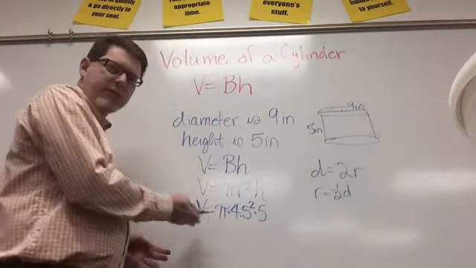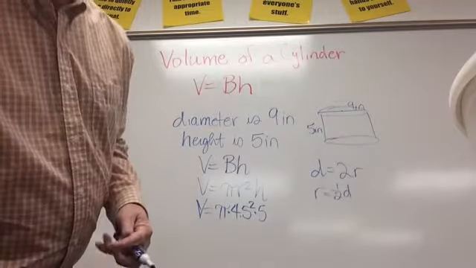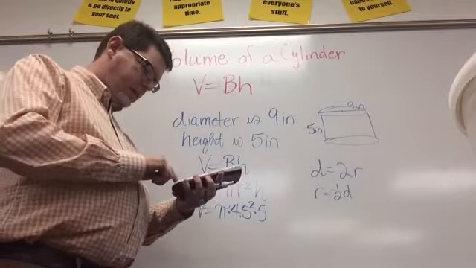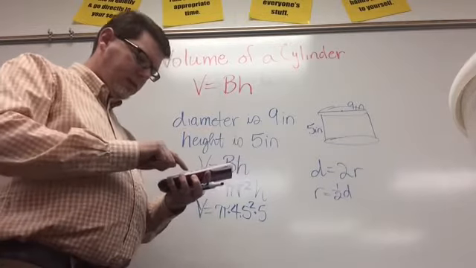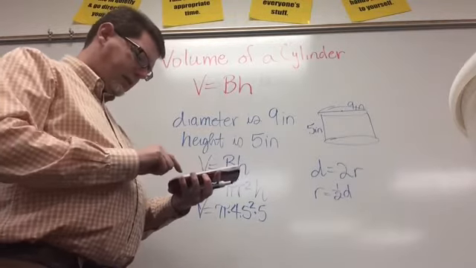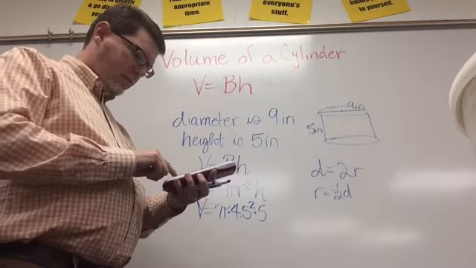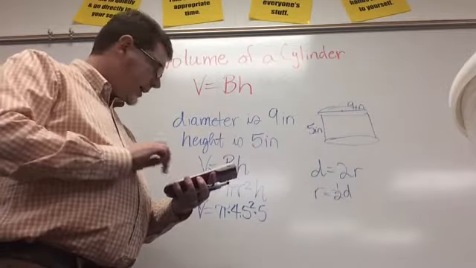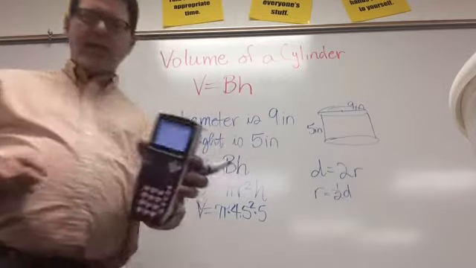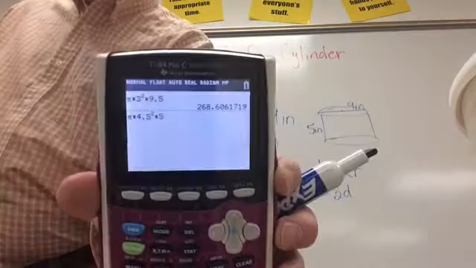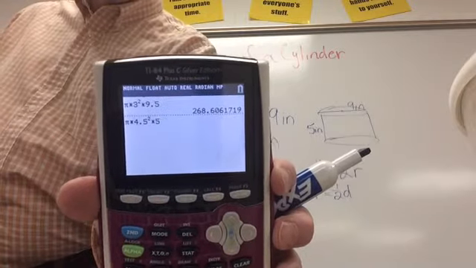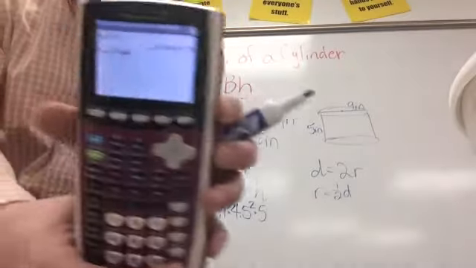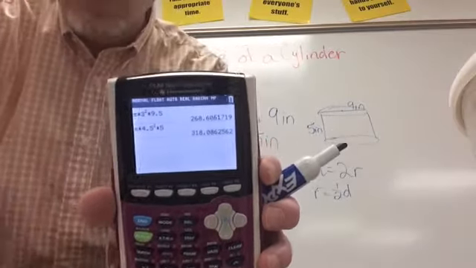And now that I have this written down, the calculator takes over. So we're just going to type that into the calculator. Pi, which is second to the power of sign, times 4.5, and then the squared key, times 5. And it's going to look just like that on your calculator. Pi times 4.5 squared times 5, and then I hit enter, and I get